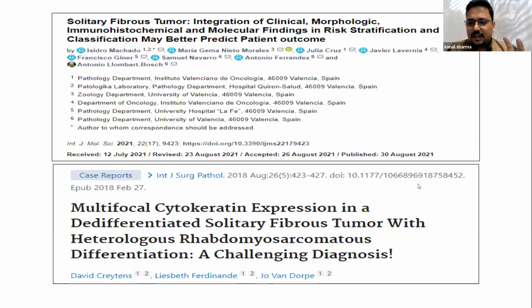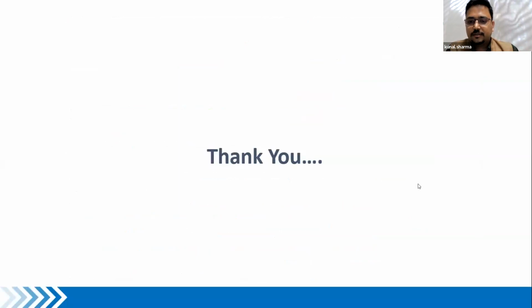There are certain characteristics which tell whether an SFT is malignant. If you see mitosis of more than 4 per 10 high power fields, if you see a large mass, probably more than 10 centimeters in size, or a lot of necrosis, these are things that would probably tell you that this is a malignant counterpart of SFT. So with that,